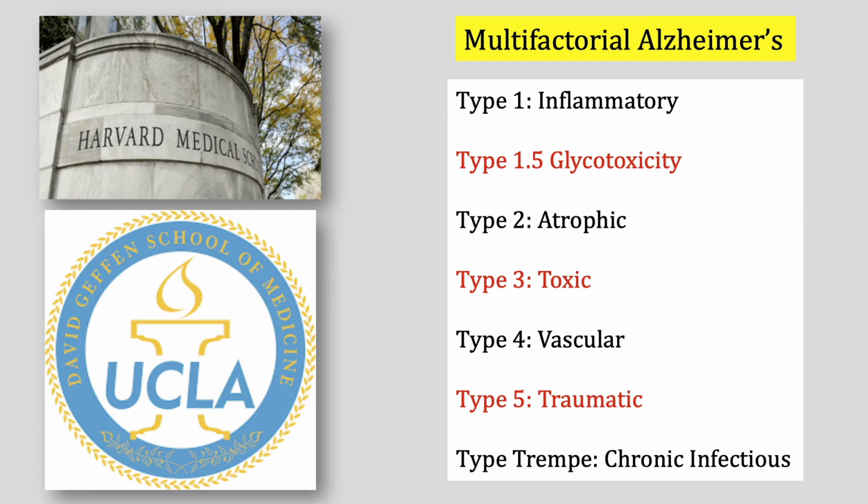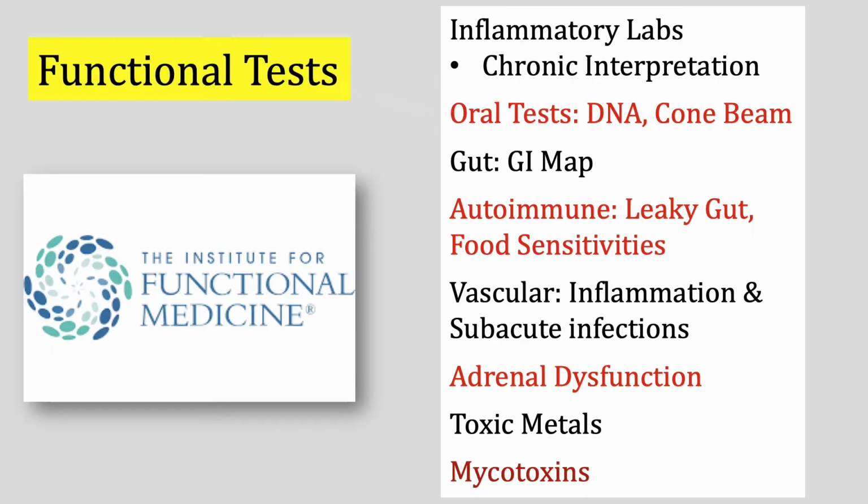And then Dr. Tremp, our mentor at Harvard, showed the profound connection between chronic stealth infections like Lyme, like Toxoplasma gondii, like Chlamydophila pneumoniae, that can contribute to neuroinflammation and downregulation of stem cell activity in the brain, so we're not repairing and recovering damaged tissue. This is a real functional approach.